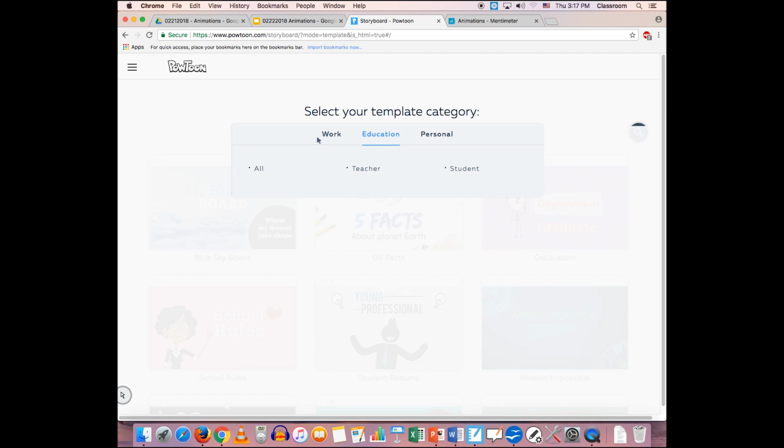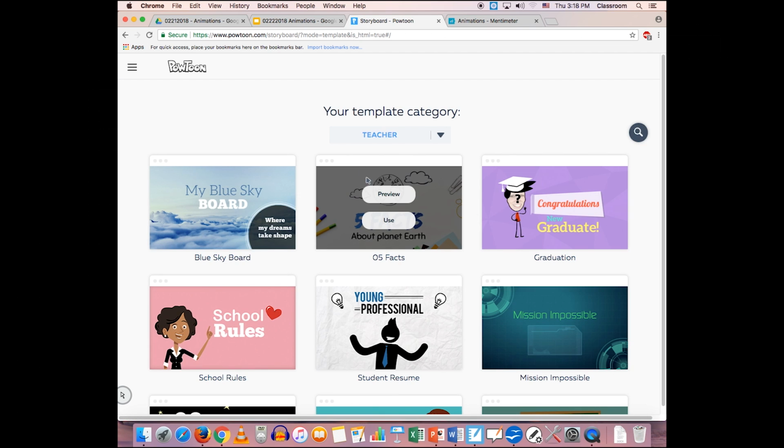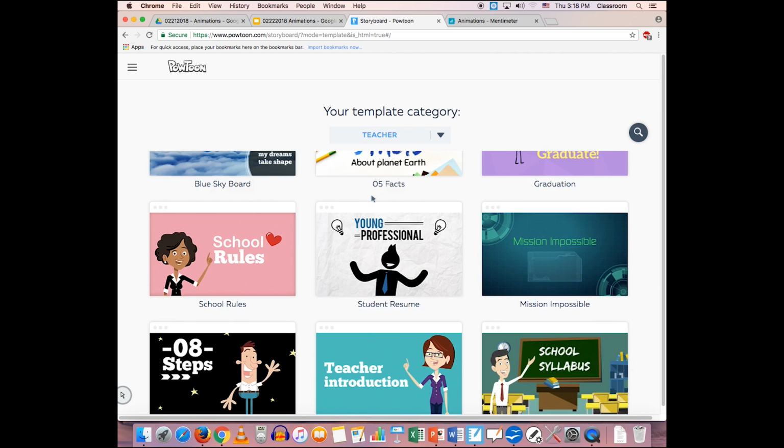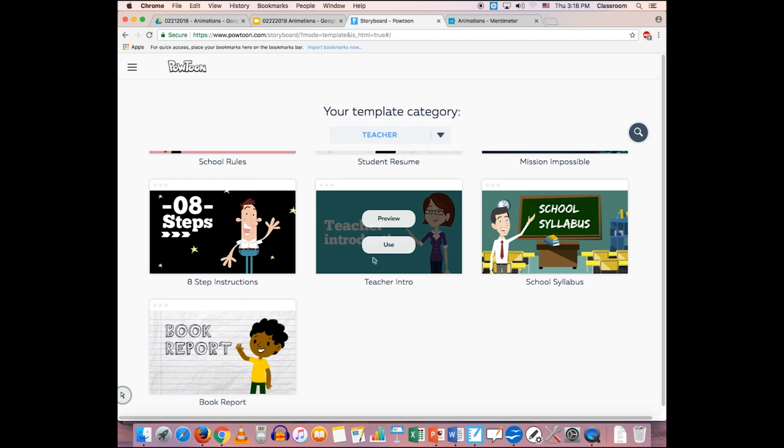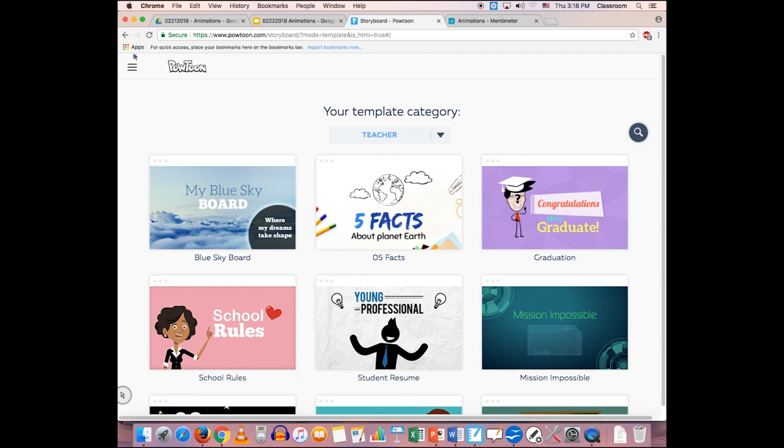Okay, and you can choose between work, education, personal. So we are in education, and we are teachers. And here are some templates that we can begin with. Again, teacher introduction is one of the templates that we can use to repurpose for our own needs. What I'm going to do actually is go back